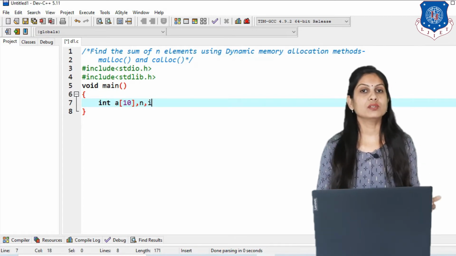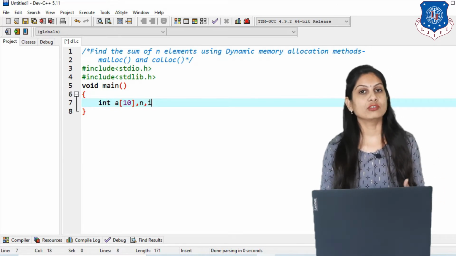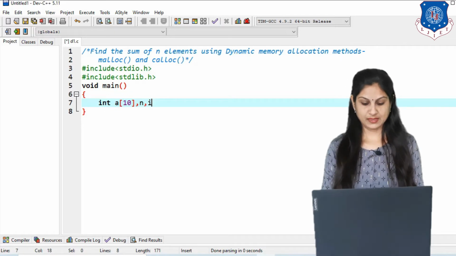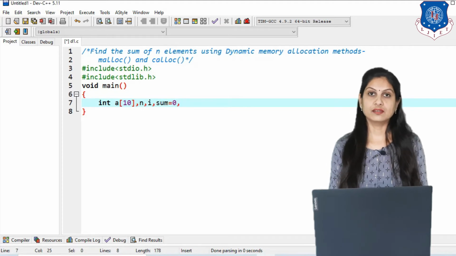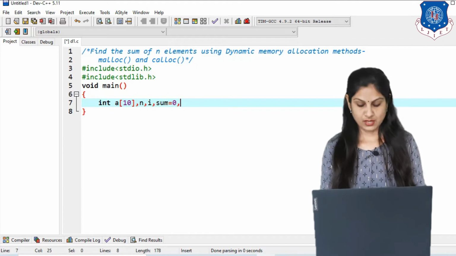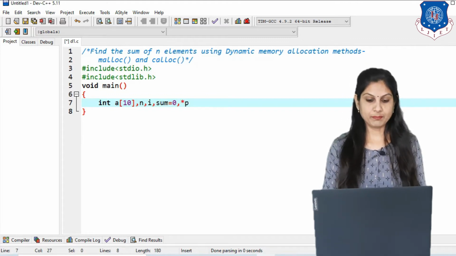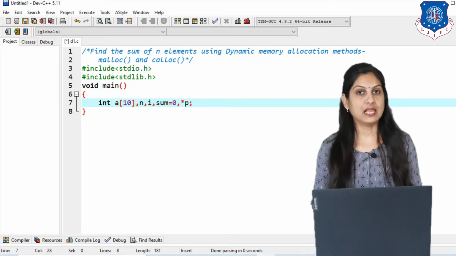Because when you are using an array we need a for loop, and i always starts with 0. Then we initialize a sum variable to 0, and then we use the dynamic concept, meaning our pointer. So now we write *p, the pointer allocated using the malloc function.